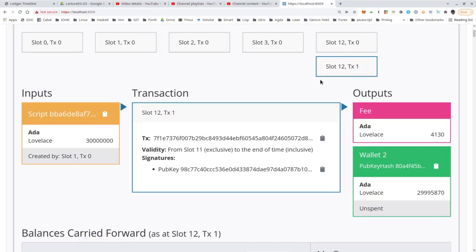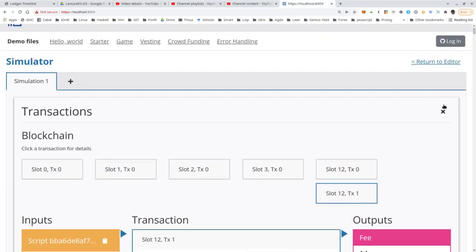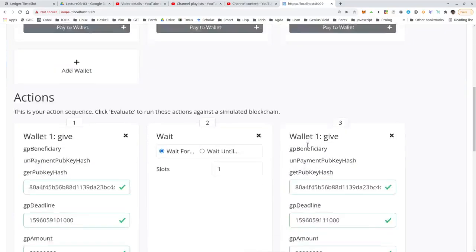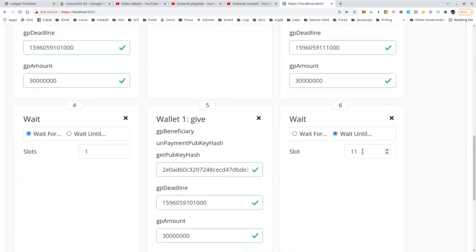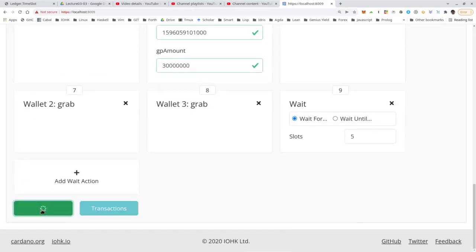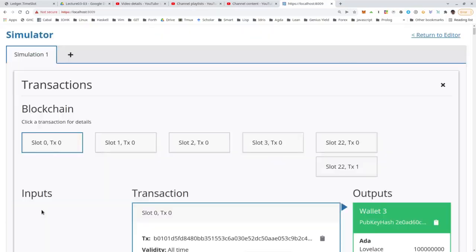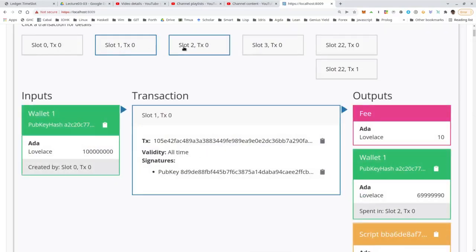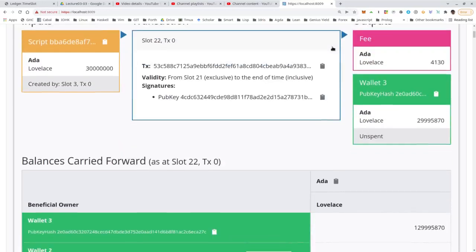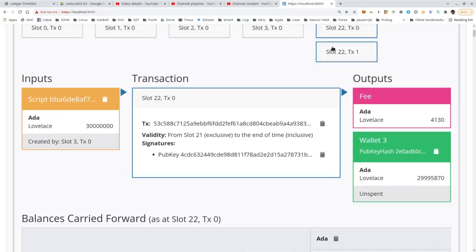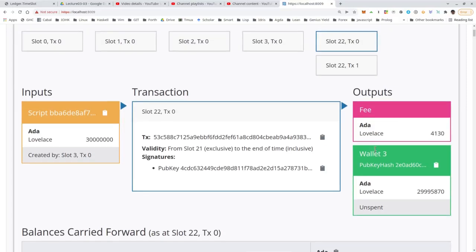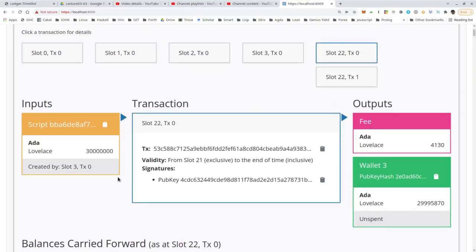We can try what happens if we wait until slot 20 instead. So let me change this from 11 to 21 and try again. So these should all look exactly the same. This is now wallet 3 that also looks the same. Wallet 3, of course, could also have grabbed at slot 11 already, but it doesn't matter if it waits until